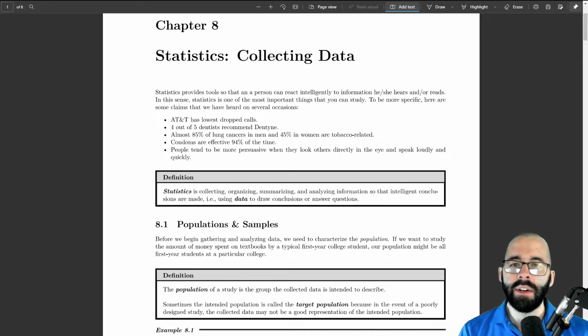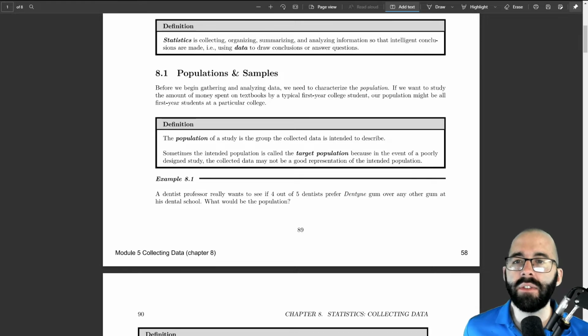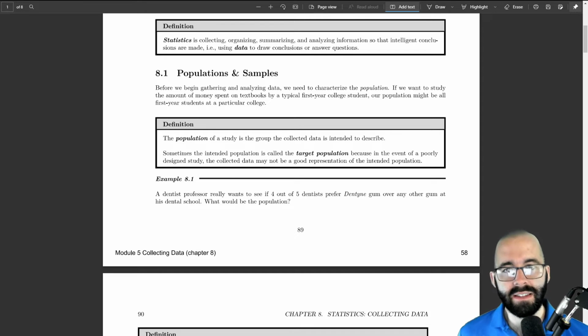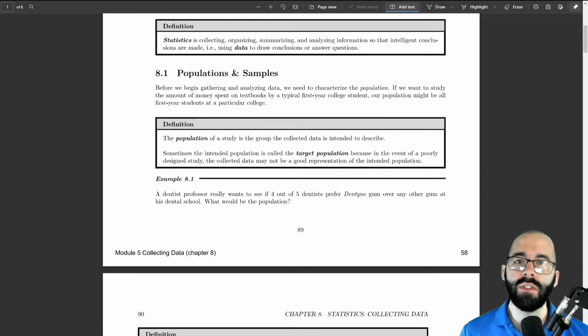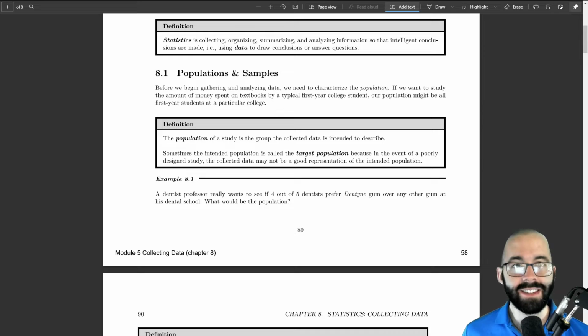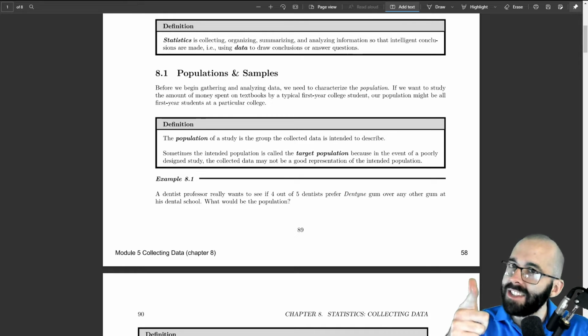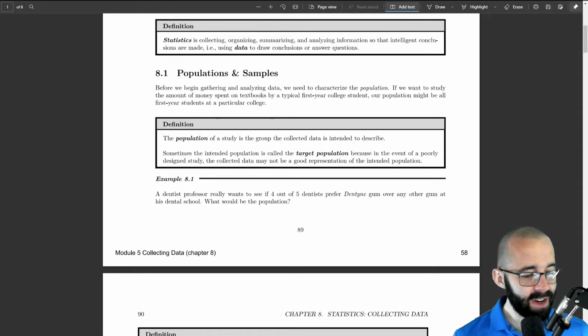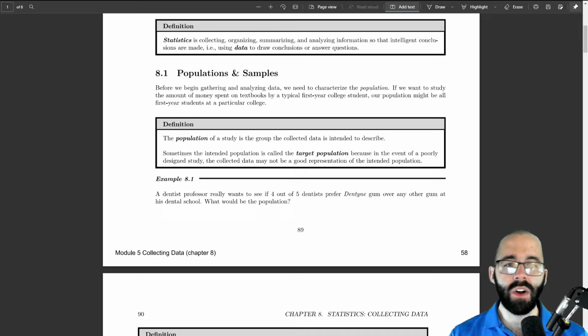statistical literacy. So there are some introductory things that we don't need to cover in this video. You can read it on your own. But basically, when we say statistics, we mean collecting, organizing, summarizing, and analyzing information so that intelligent conclusions are made. So using data to draw conclusions or answer questions. A lot of people are very good at using data to say whatever they want it to say, but by watching these videos, by participating in these activities and homework, hopefully you're going to be a little bit better at learning how to recognize that and know what all goes into